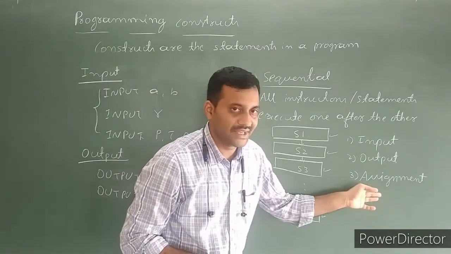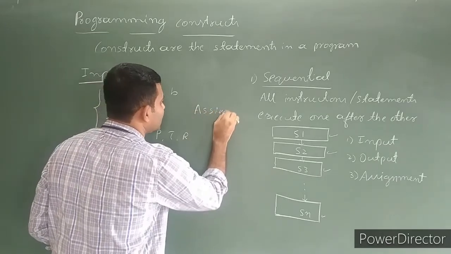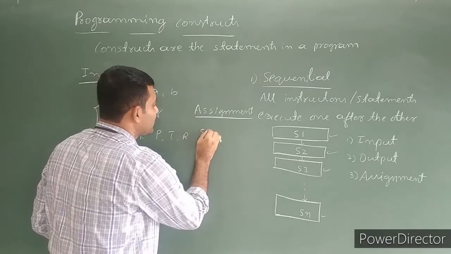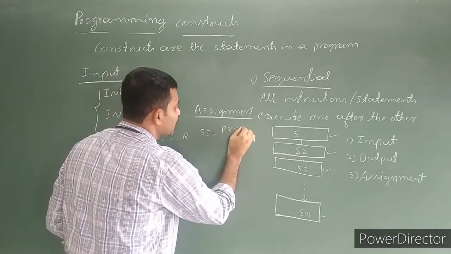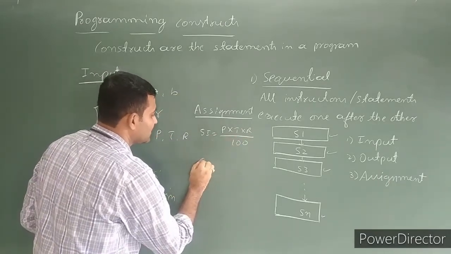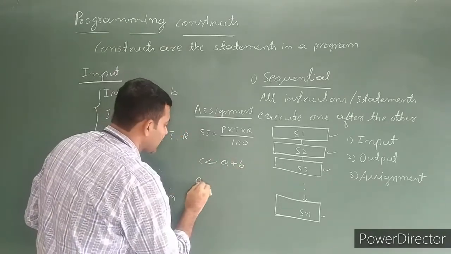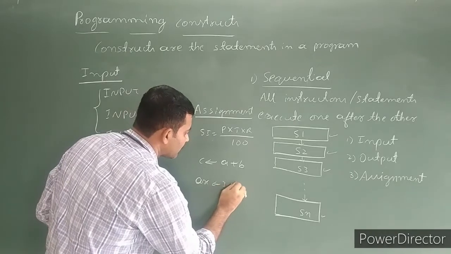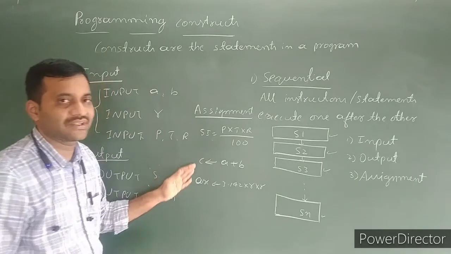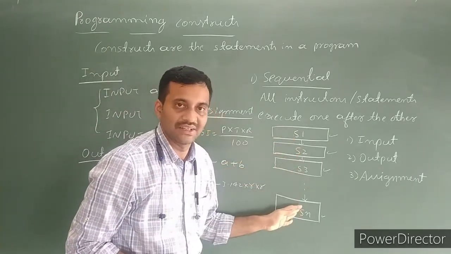Then there is an assignment statement. The example for the assignment is, say we write simple interest equals P into T into R all divided by 100. It is an assignment statement. Then C back arrow A plus B, it is an assignment statement. Area, that is 3.142 into R into R. So these are the assignment statements. These types of statements are written in place of S1, S2, S3. That is the